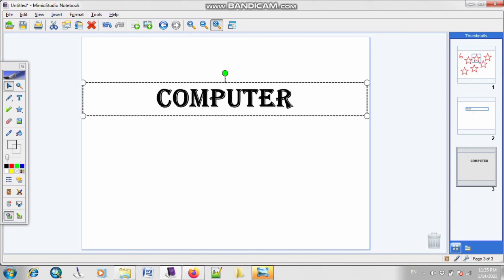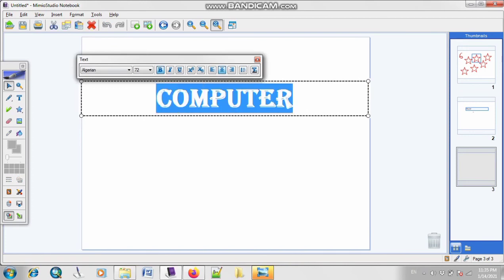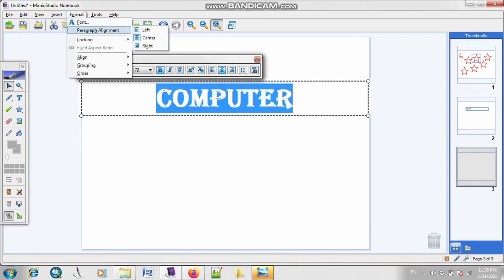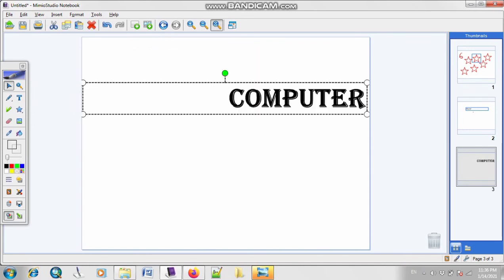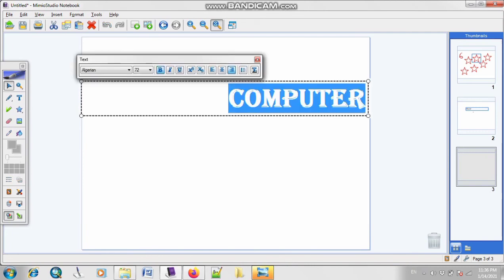If you make it bigger, it will automatically move in your center place. Again, I'm going to select it, and now I'm going to make it on your right side. So as you can see, you can arrange your text according to your position, like in which position you want to keep your text: right, left, center, or justify.